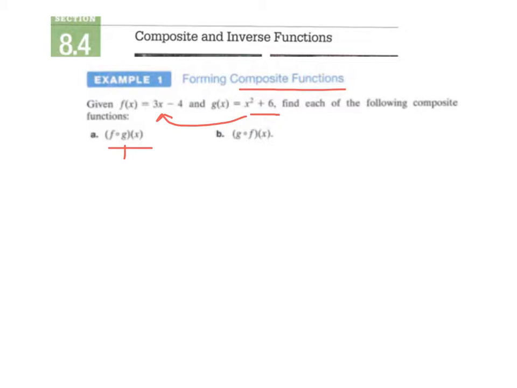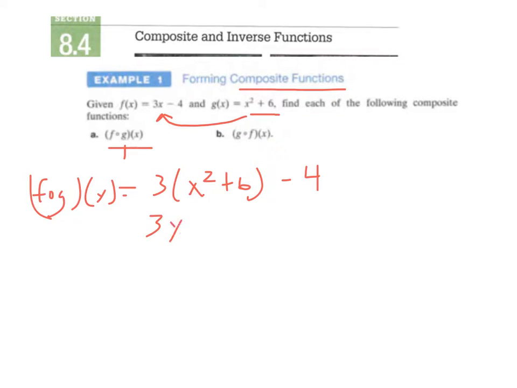So f of g becomes 3, but I'm going to substitute the other function where x is. So x squared plus 6, and then minus 4. And when I simplify this function, that means multiply through, I'll get 3x squared plus 18 minus 4. And if I continue, I get 3x squared plus 14. And so the composite function of f of g